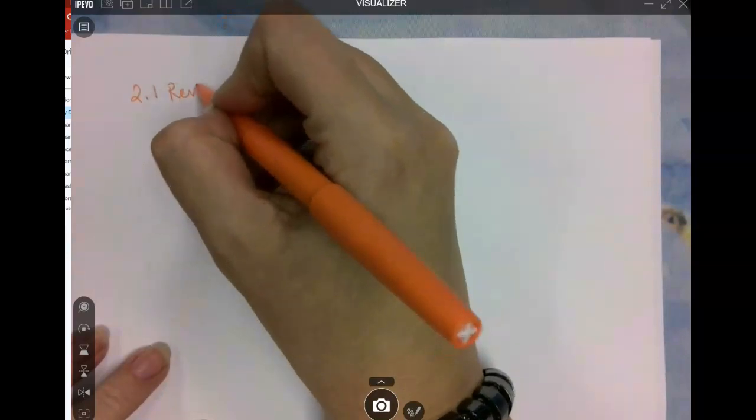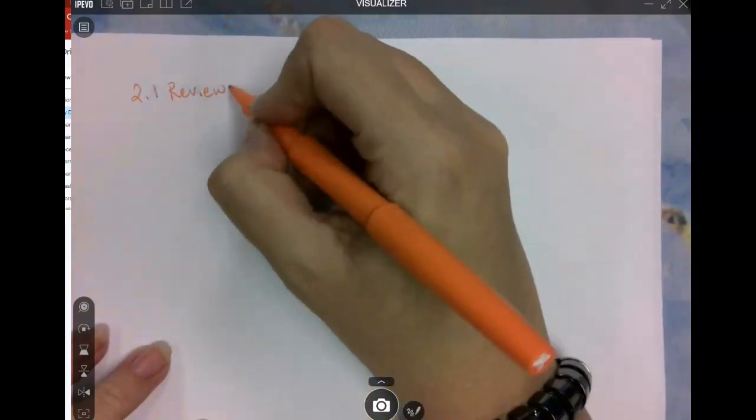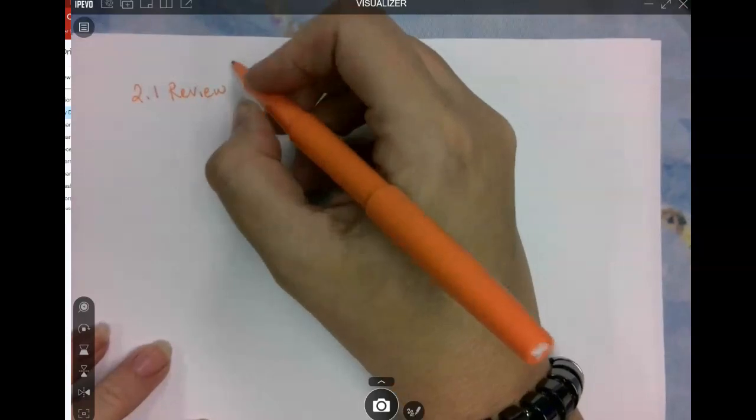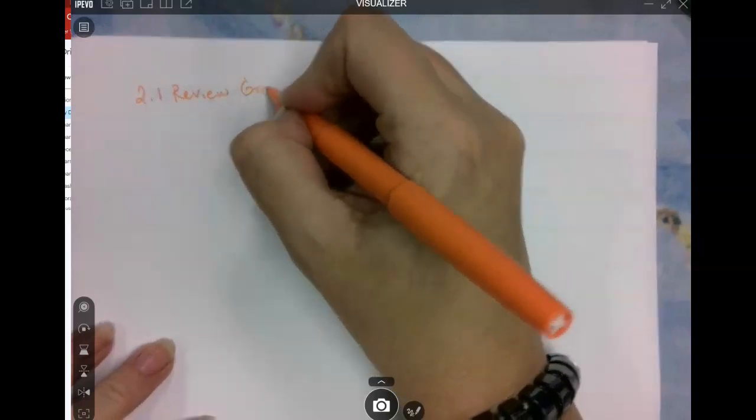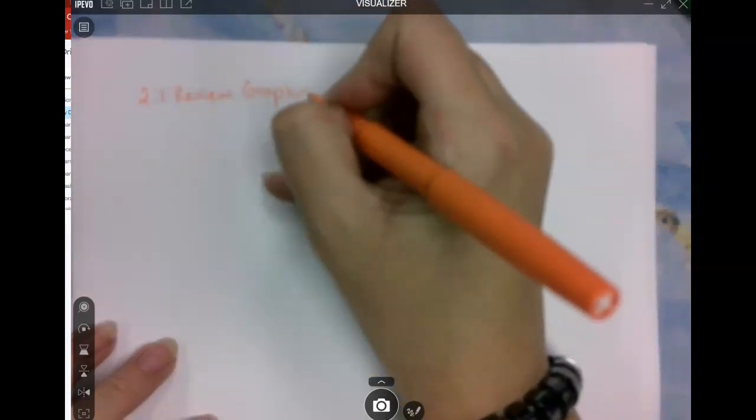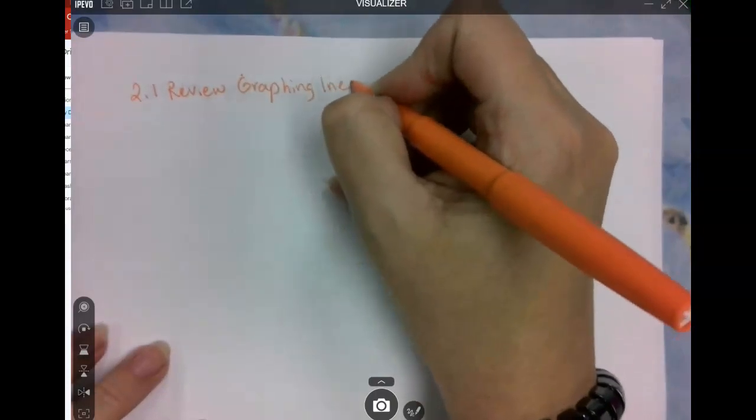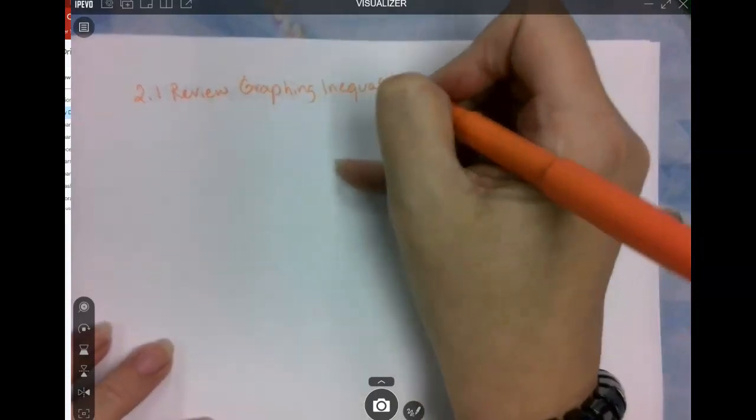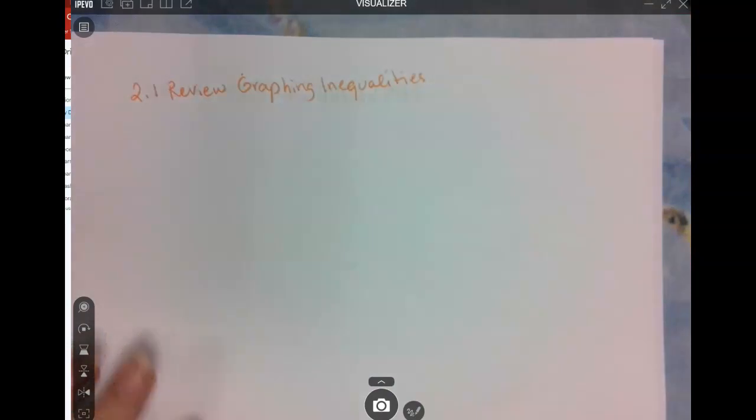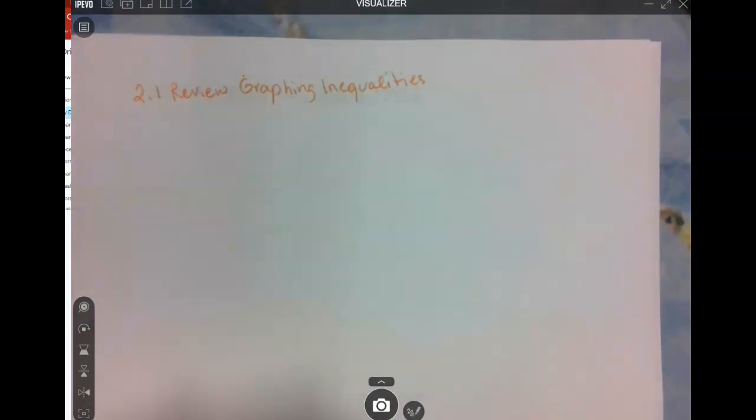Review graphing inequalities. And we're going to start off by talking about the different ways that graphs look, and we're going to graph